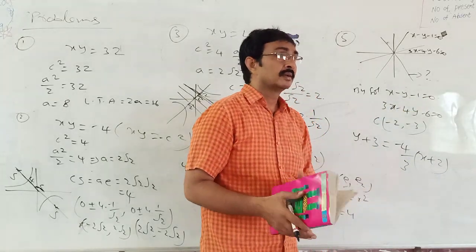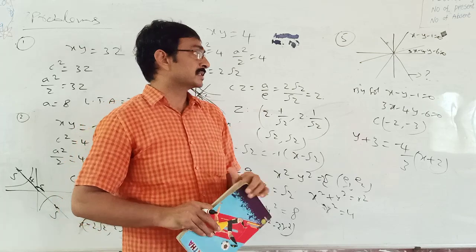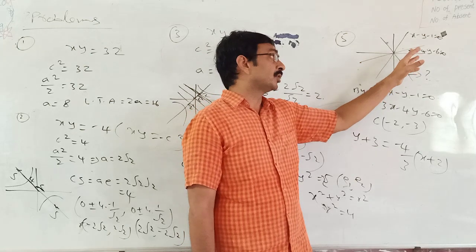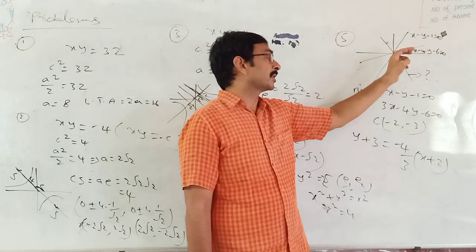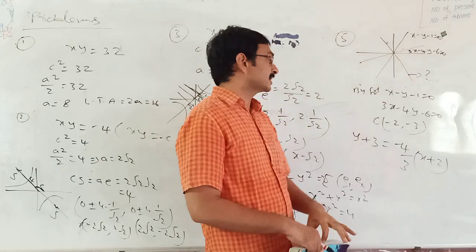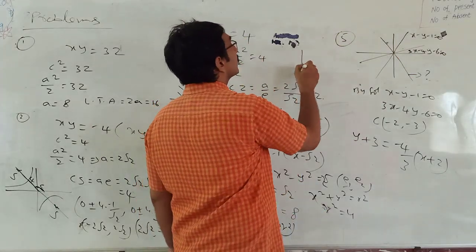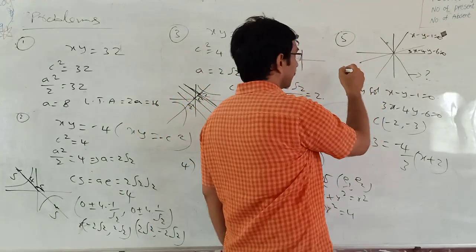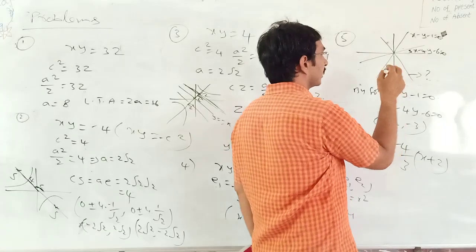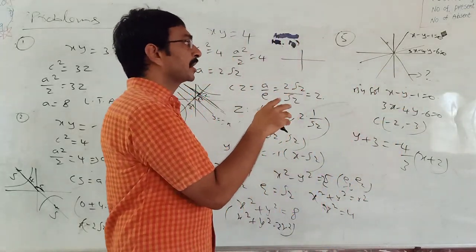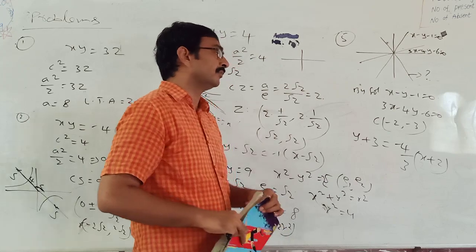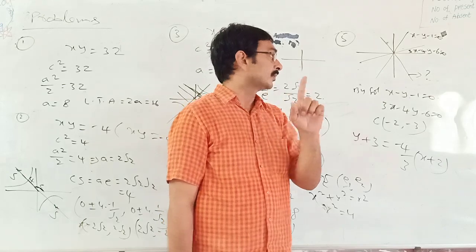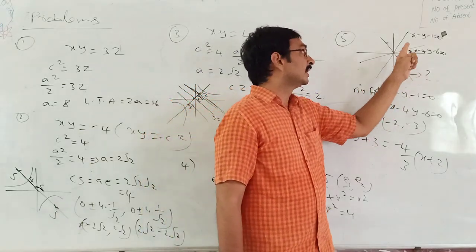Here, the main properties of asymptotes, yesterday we already discussed. First property, asymptotes of a rectangular hyperbola are always perpendicular. And asymptotes of a hyperbola always pass through the center of the hyperbola. See, in this one there are three things. One, first given,